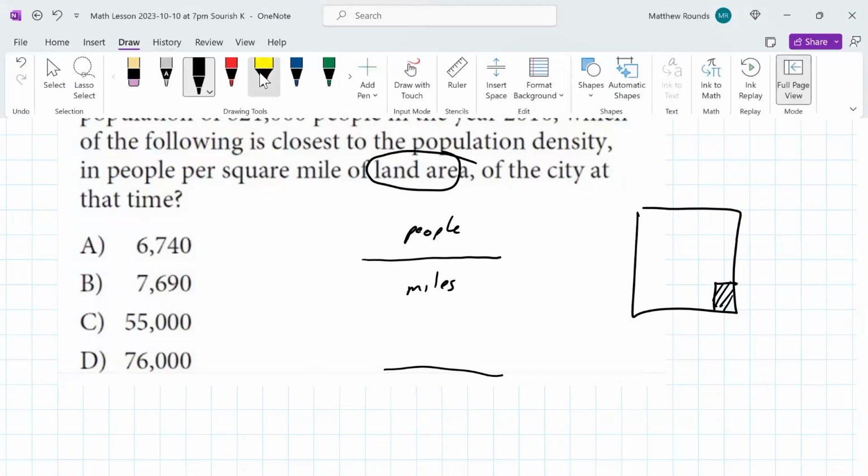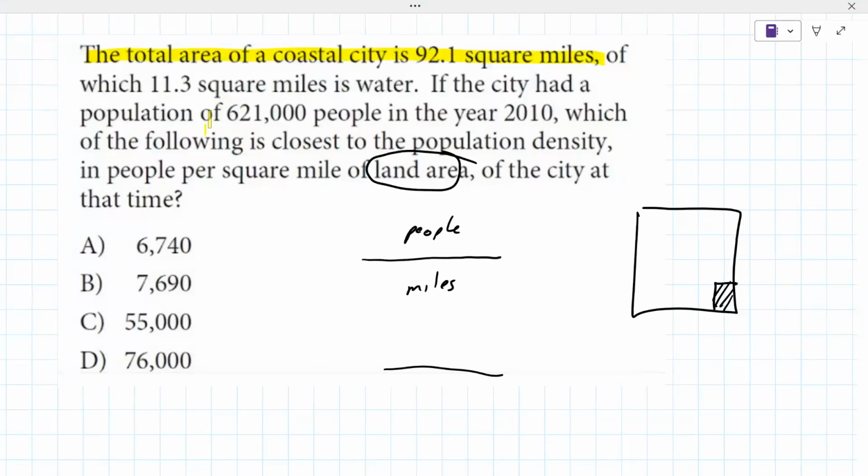The total area of the coastal city is 92.1 square miles, of which 11.3 square miles is water. Okay, so is it all usable land? No. Okay, so how much of that coastal city is land? Like, you're supposed to multiply that? No, because you said area. Area is for multiplying. Well, that's true, but